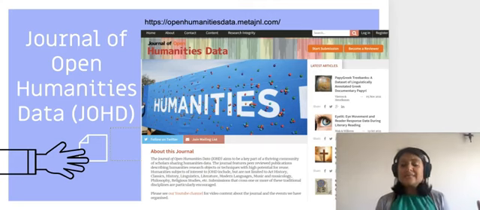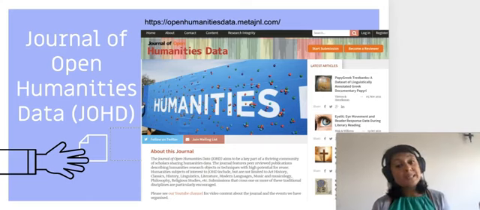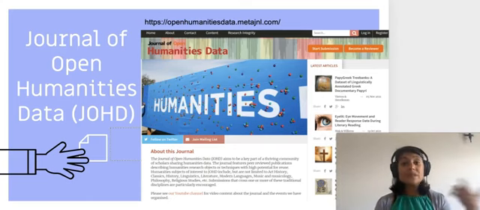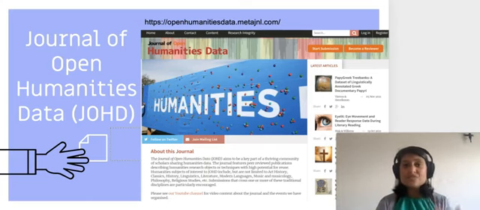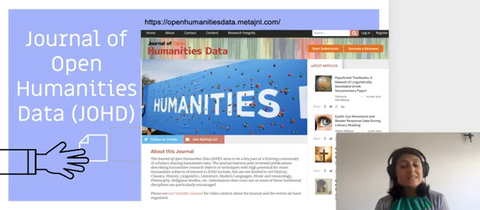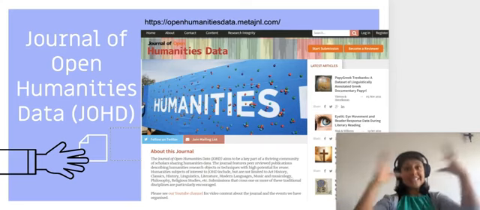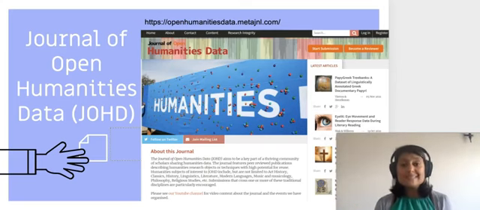Now you'll see that it focuses on database papers from a variety of humanities-based disciplines, ranging from linguistics to different languages, religious sciences, political sciences, and even psychology. And the purpose of these data papers is to make data and the data process open and accessible to a variety of researchers from different backgrounds.